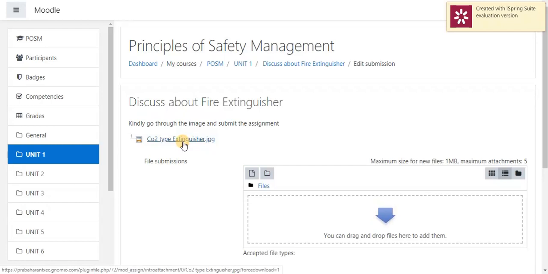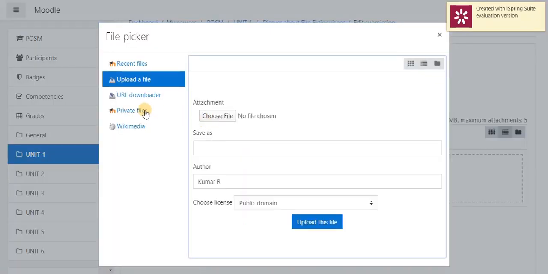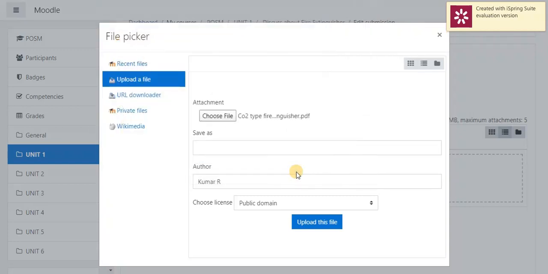Now the student is going to submit their assignment, which means they have to select the file picker option. By using upload file, they have to select the assignment file. This should open. Finally, upload this file.